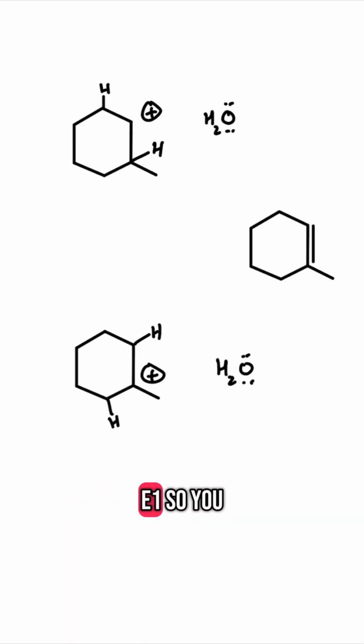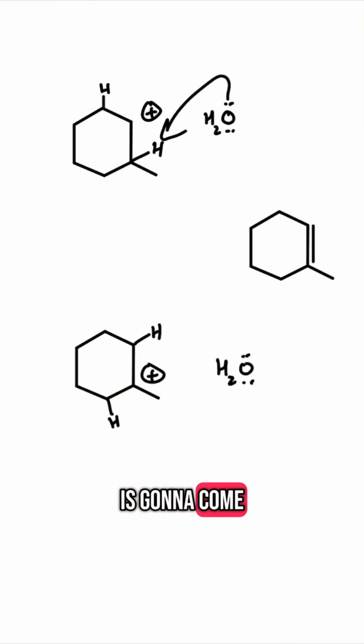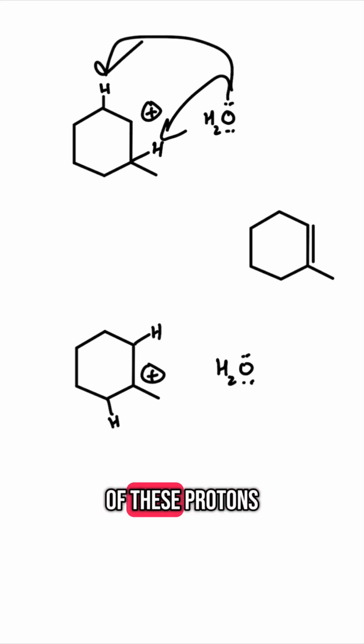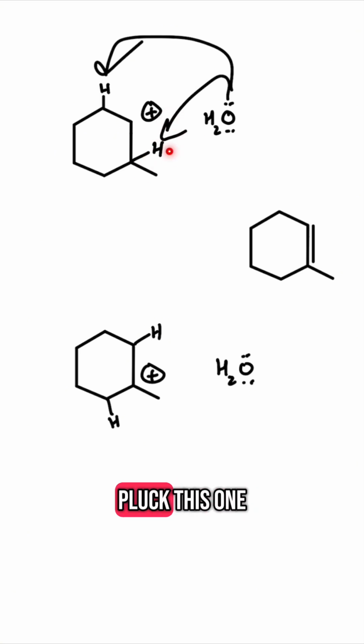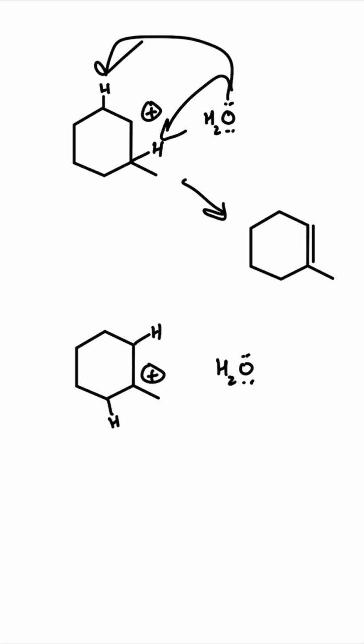We know it's E1. So you'd think that the base, in this case water, because water is a better base than HSO4 minus, is going to come and pluck one of these protons. And we know Zaitsev's rule says the most substituted product is formed, so it should pluck this one, giving us this product here. So what's interesting though is that's the correct product, but this probably isn't the way it proceeds,